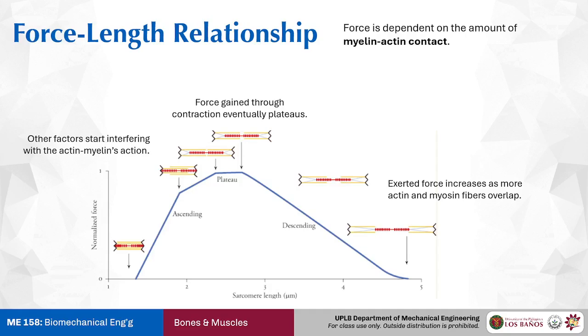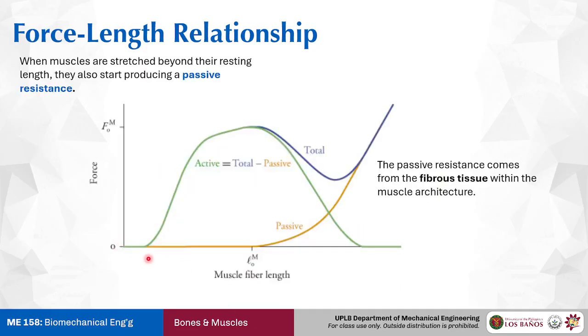So when the muscle is contracting, there is also another part of the muscle that is being used. For this part, let's imagine that you go from a very contracted state of the muscle and then you start stretching the muscle again, but you're still exerting force. Now, as the muscle is being stretched while it's resisting, there is a point wherein the connective tissue that is binding the muscle together starts to resist.